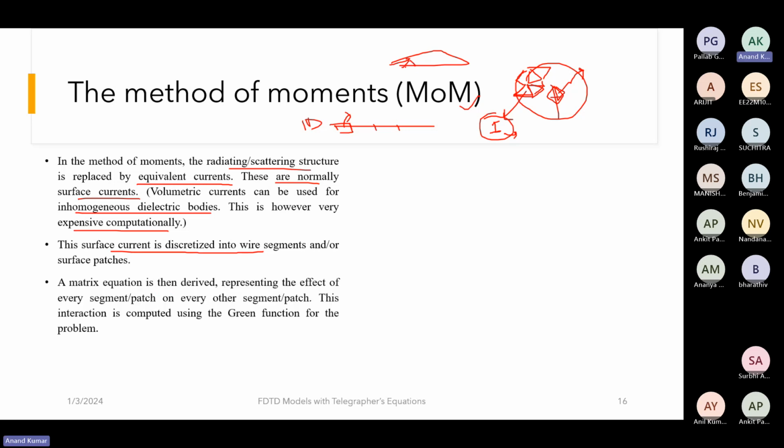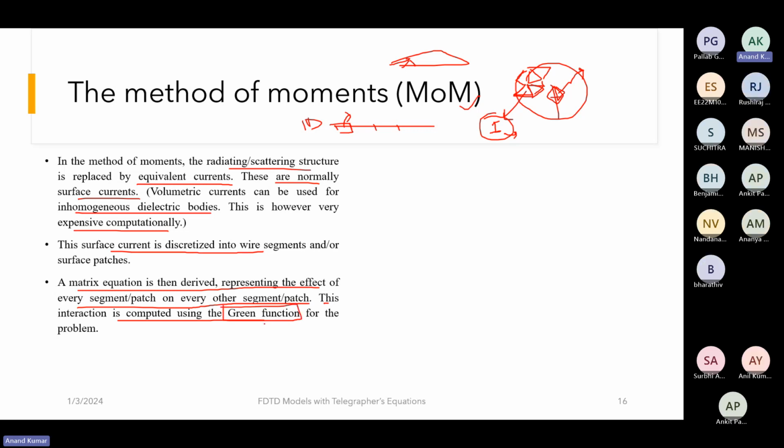When we have discretized them, a matrix equation is then derived representing the effect of every patch on every segment. And this interaction is computed using the Green's function. Let's just ignore this because we'll have to get into a lot of details if we go into it. So what it is trying to say is, once we have discretized the entire volume,